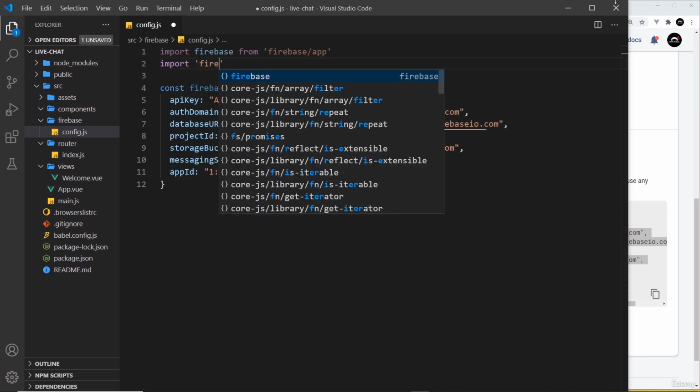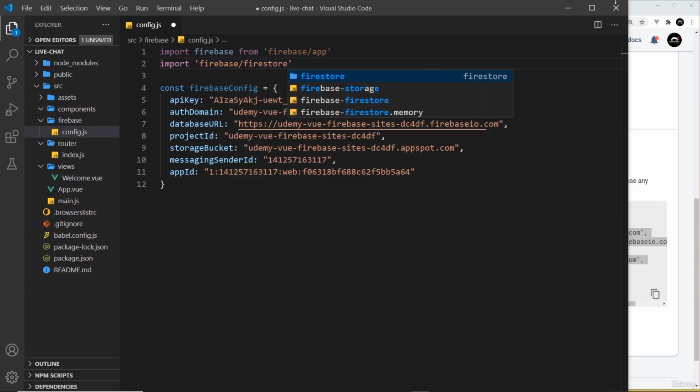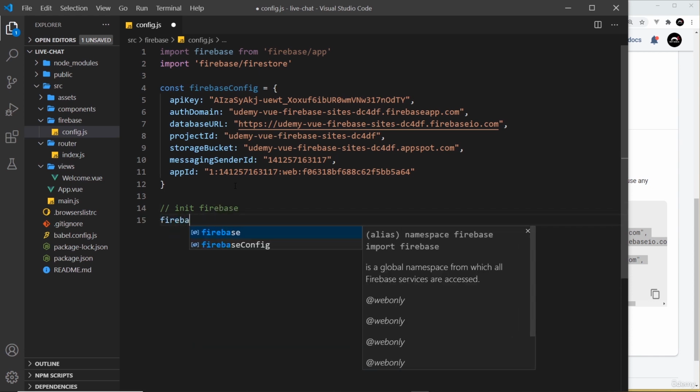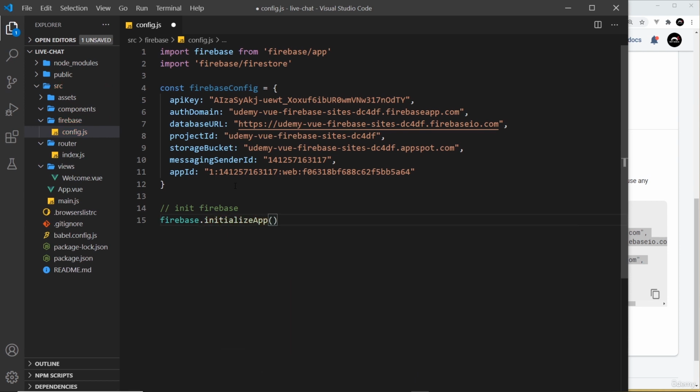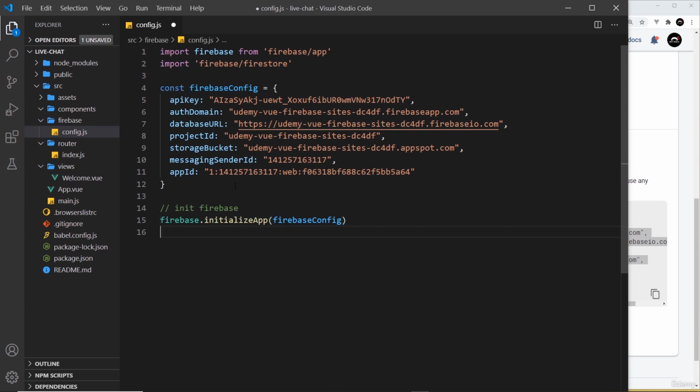Then we want to import Firestore as well. So let's import firebase/firestore. We're going to use authentication too, but we'll import that later on when we come to use it. For now, I'm going to come down here and init Firebase. So to do that, we say firebase.initializeApp, and then we pass in our Firebase config,